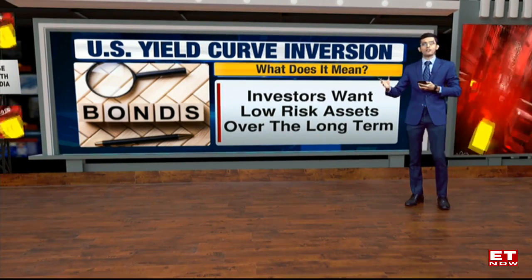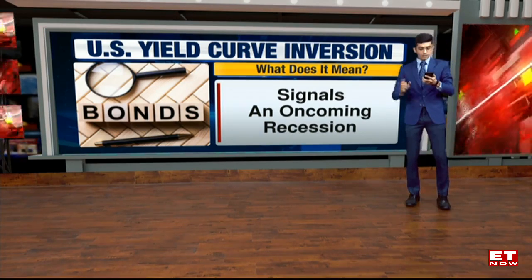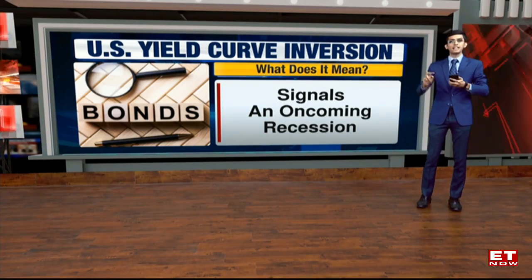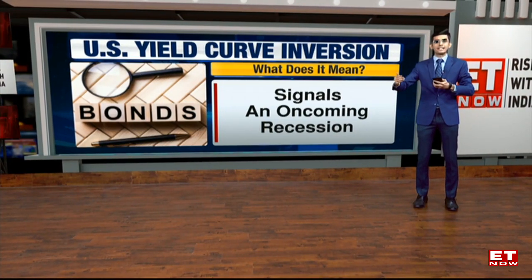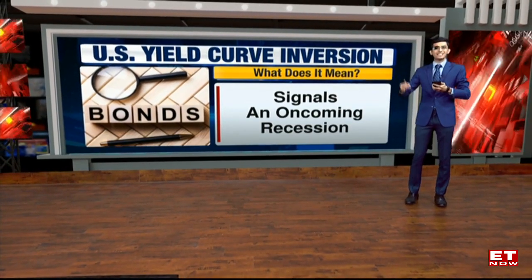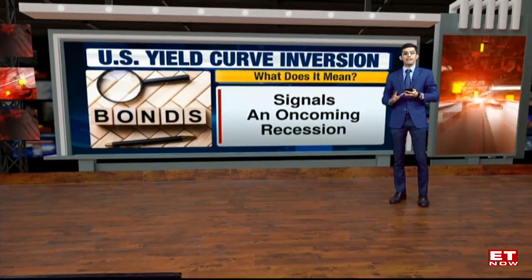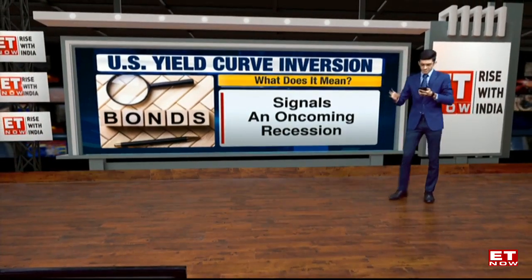And that, of course, also signals a recession risk. In fact, over the last 100 years, bond yield inversions have caused a recession over the 9 to 22 month period almost every single time, which means that a recession is on the anvil. At least that's what the indicator currently says.